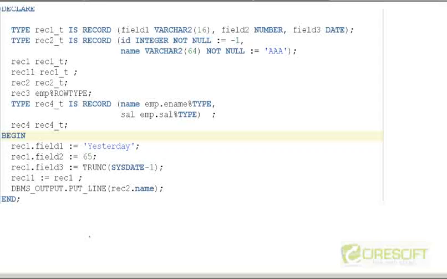Here, in line number 3, I'm defining a new abstract type. And what is the name? The name of the type is rec1_t. And what is it going to contain? It is going to contain 3 fields: one is varchar, one is number, another is date. And whenever, at line number 6, I define rec1,